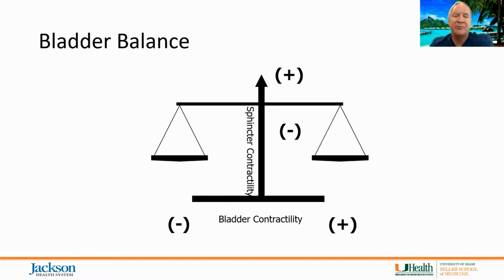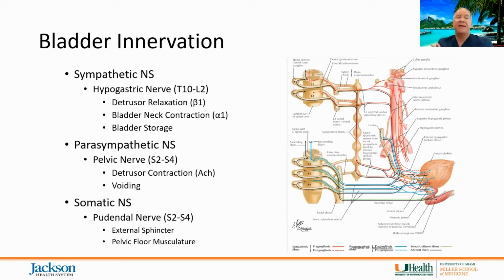So as we look at this bladder balance, I'm going to be showing this on multiple slides as we come through. On the x-axis, we're looking at bladder contractility being atonic or areflexic on the left side of the graph, and hyperreflexic or spastic on the right side of the graph. And then on the y-axis, sphincter contractility, either being low or being high. So you'll see this as we continue to talk through how bladder innervation significantly modifies